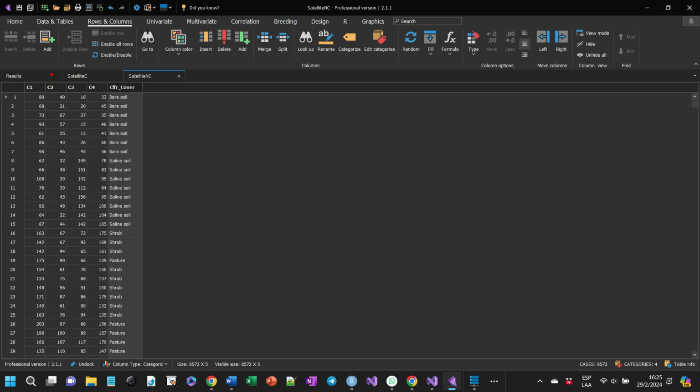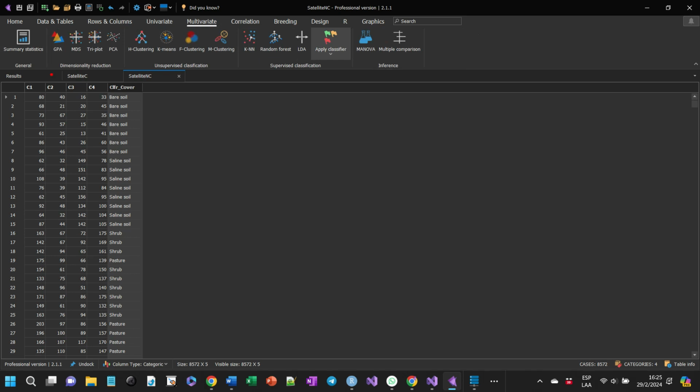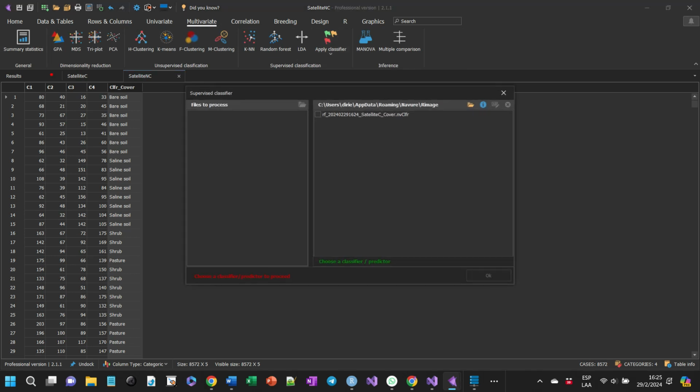Return to the Multivariate tab and click the Apply Classifier button again. Select Apply to Text Files, .txt, in a folder from the drop-down menu. The dialog box is similar to the one for classifying a data table. If you have selected the classifier in the right pane, the folder icon in the upper right corner of the pane is enabled. Clicking this icon allows you to browse for the folder that contains the datasets you want to